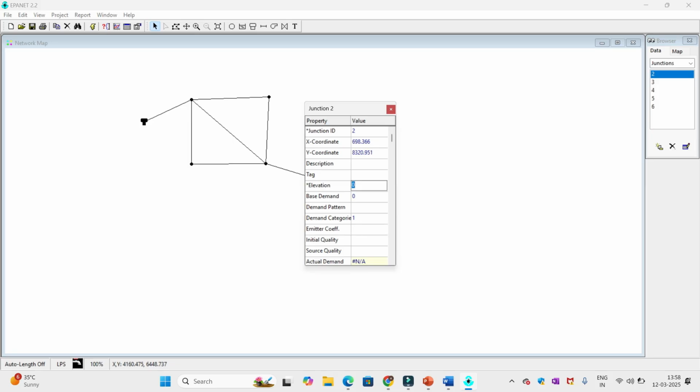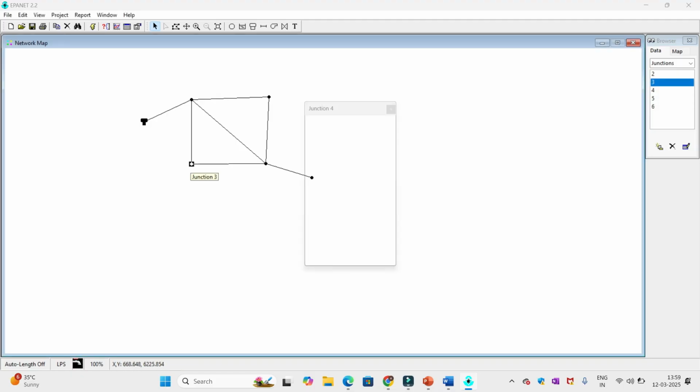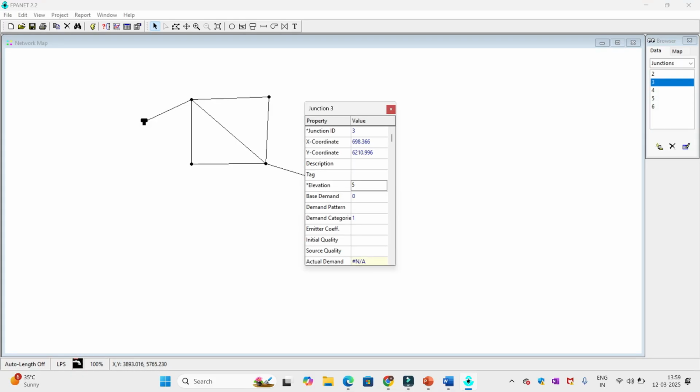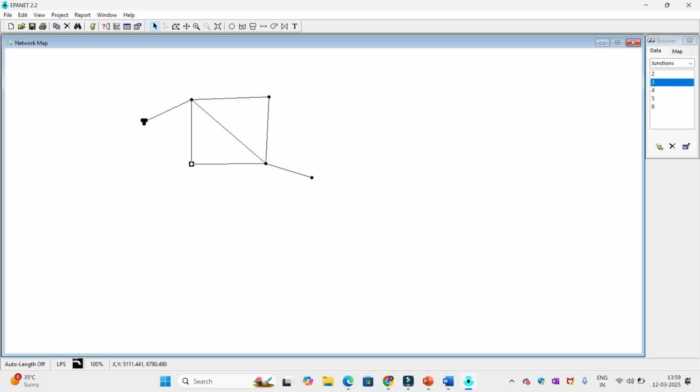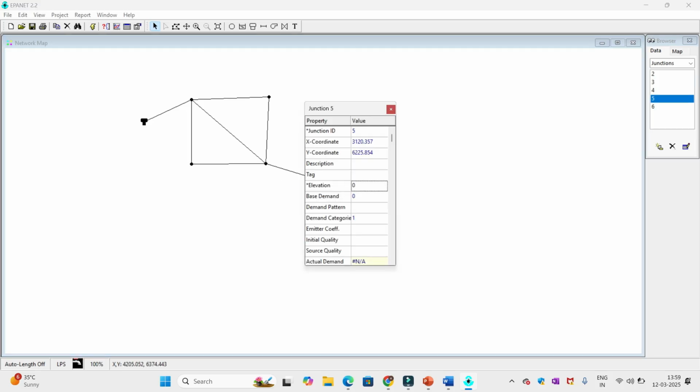So 100 meter we have taken as our tank elevation. Say I will just give the elevation of this to be say 60 meters. Then there is no base demand here. So base demand means if you want to draw water out of it. Let me give this 50 meter. Then this again I will give 50 meter, and this let me give it 30 meter or say 10 meter maybe,